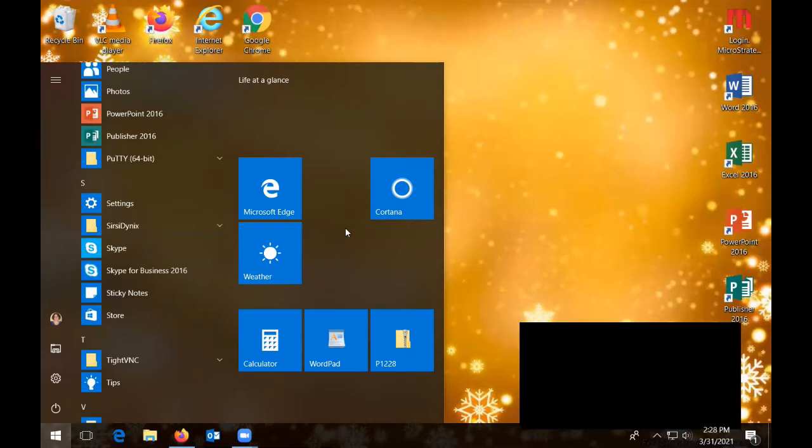How I get something over here is I right click on it. What that means is I move my arrow over it, and instead of using the left button, I use the right mouse button. The right mouse button will bring up a list of options that you can do with whatever you've clicked on. In this case, one of these options is pin to start. Pin means to keep it in place. To bring up this menu, you have to use the right button. But when you choose something on the menu, you have to use the left button again. So if I click pin to start with the left mouse button,